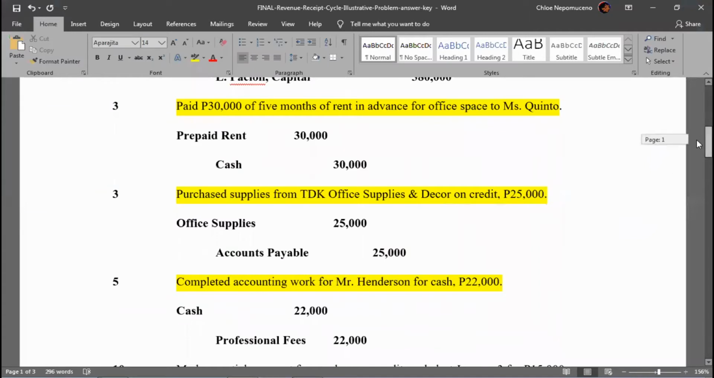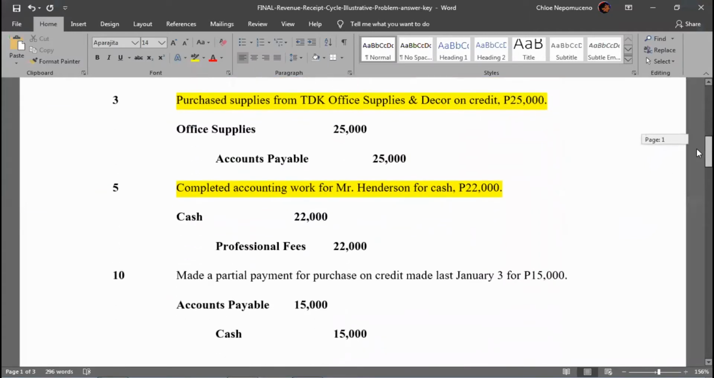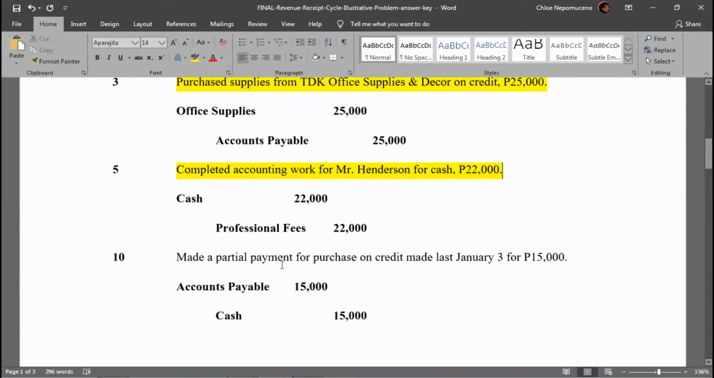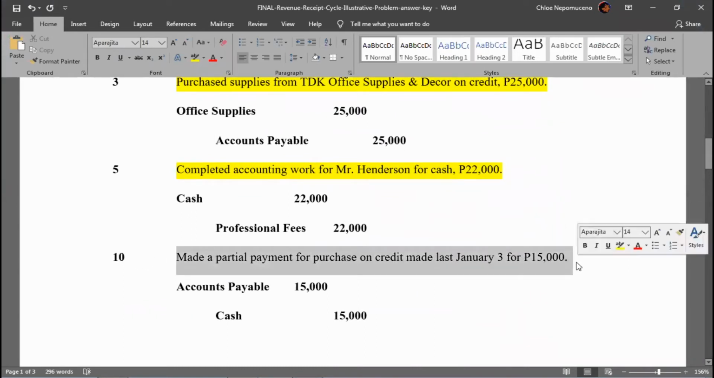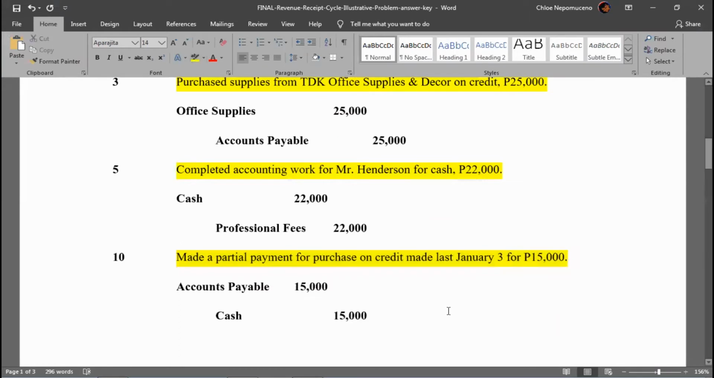I am Jala Biloguda. I am here to discuss the transaction on January 10, 2021. Made a partial payment for purchase on credit made last January for 15,000. So debit the accounts payable 15,000, credit the cash of 15,000. In order to input in Sage,